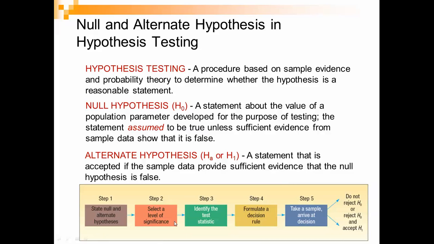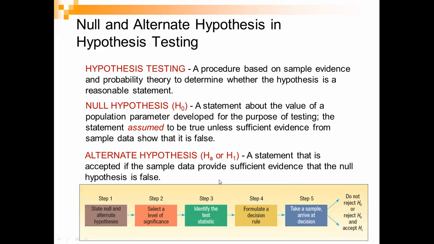And here are the 5 steps that our book goes through: Step 1, state the null and alternate hypotheses. Step 2, select a level of significance. Step 3, identify the test statistics. Step 4, formulate a decision rule. Step 5, take a sample, arrive at a decision, and that decision is either we do not reject or we